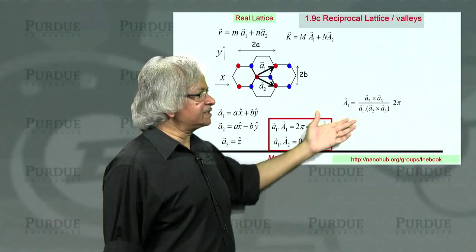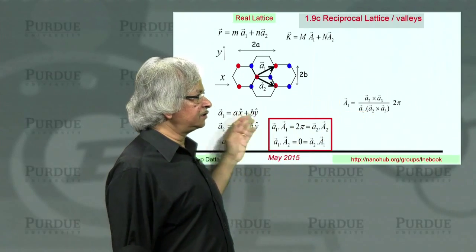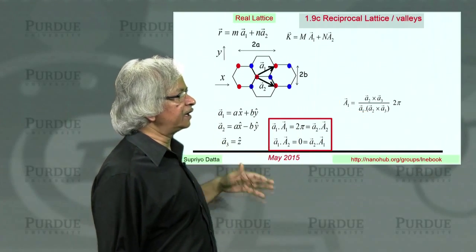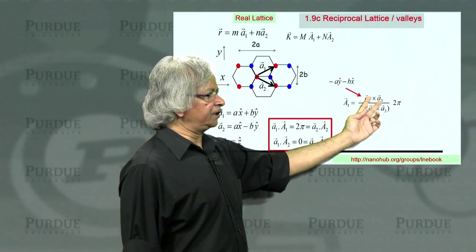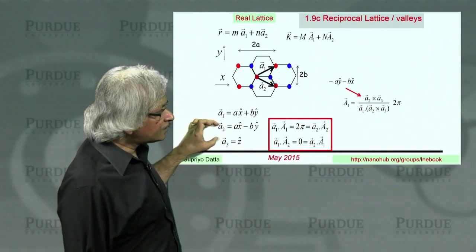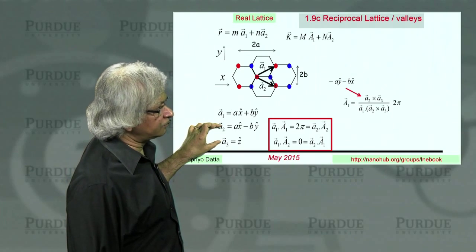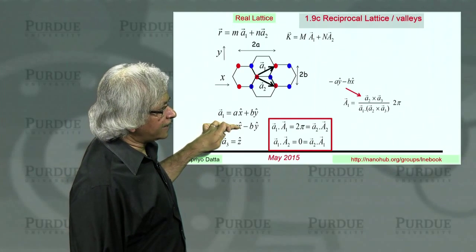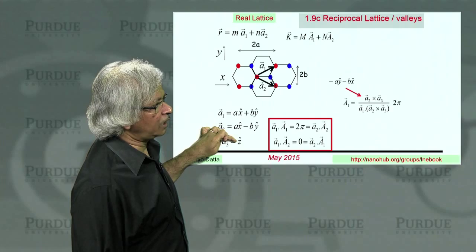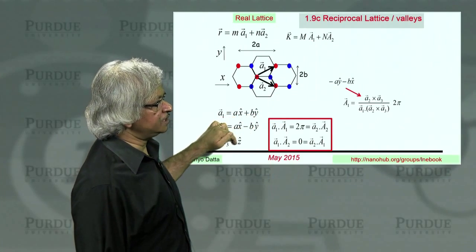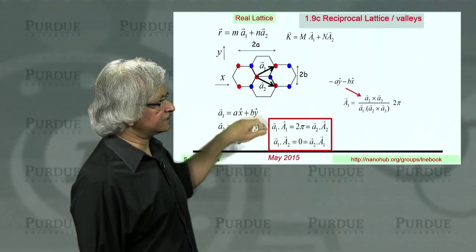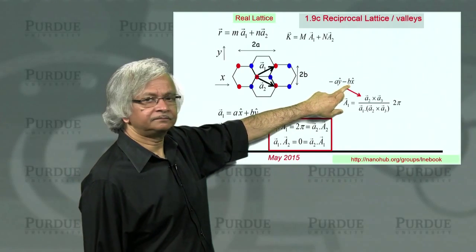So next step then is, take that expression, use these A1, A2, A3 and evaluate it. First thing is the numerator, A2 cross A3. So you have to take the cross product of those two things. Now X cross Z is minus Y. So you get a minus AY. Y cross Z, that's plus X. So you get a minus BX.